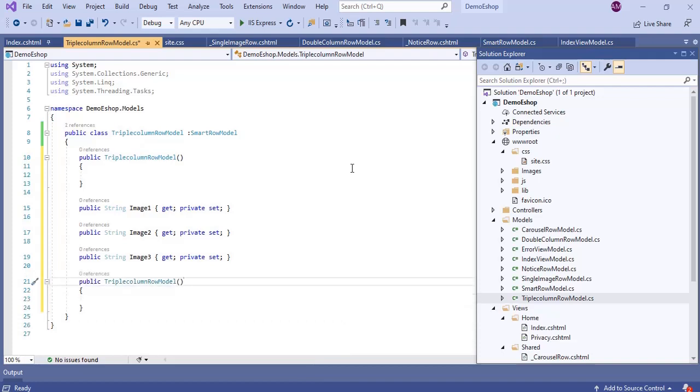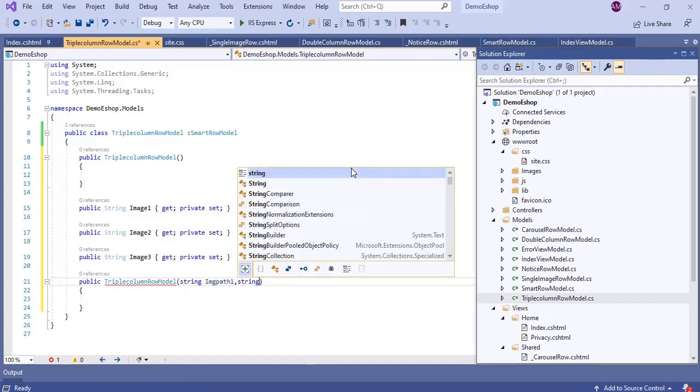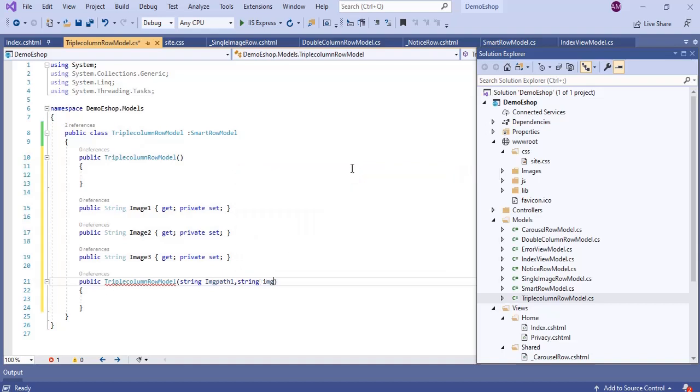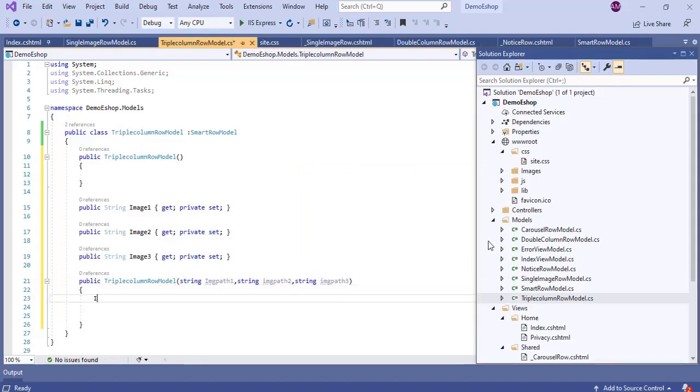Now we need to create a constructor with parameters. We got it, but we need to add three parameters here: string imagePath1, imagePath2, imagePath3. Let's assign the values to the images. Image1 equal to imagePath1.